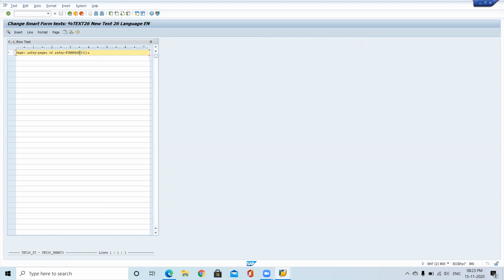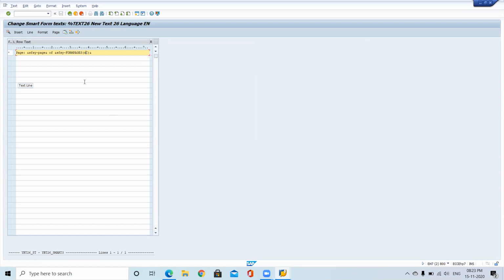At the same time, how many pages are we expecting? Maximum 4 nines, 9999. So you can tell how many digits you are expecting. Just give 4, which means you are restricting the length to 4.